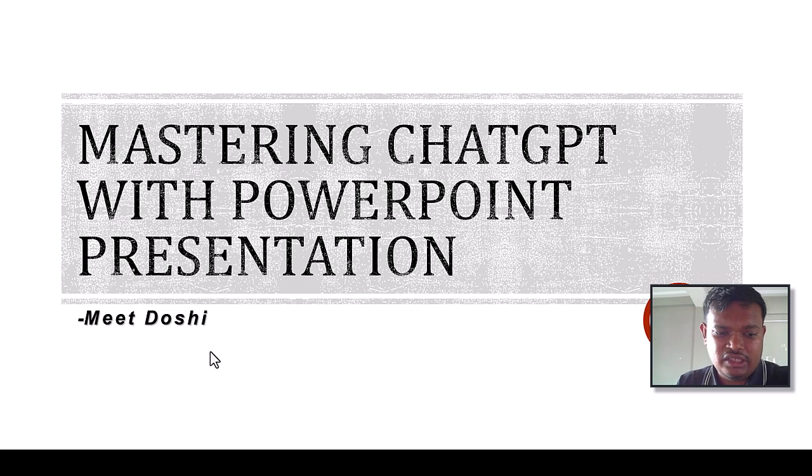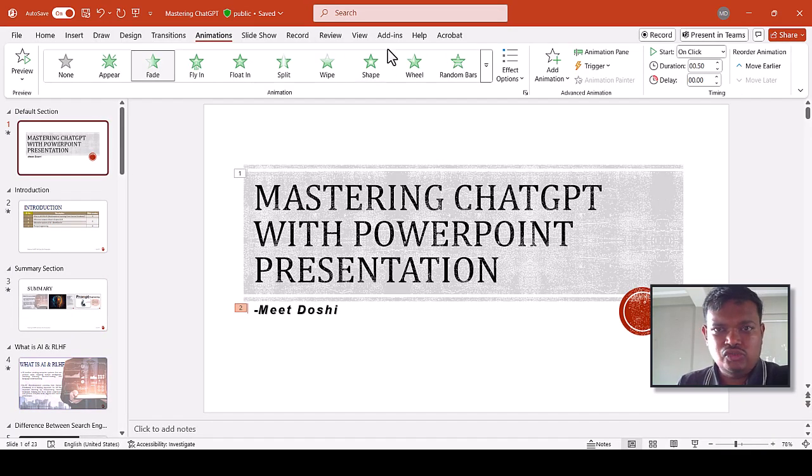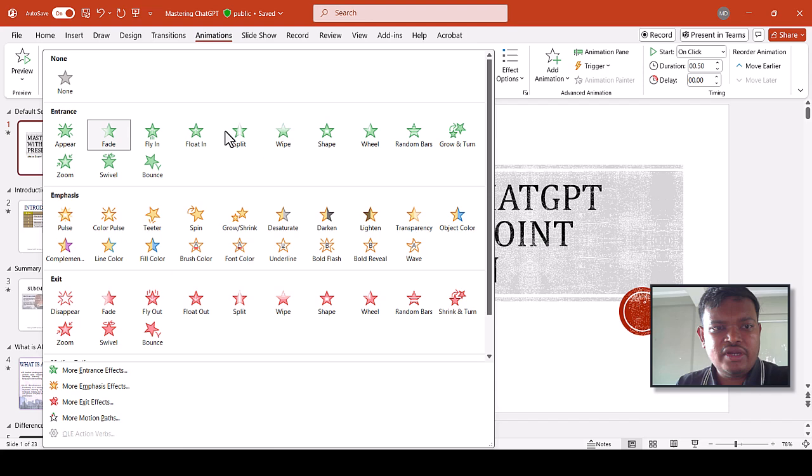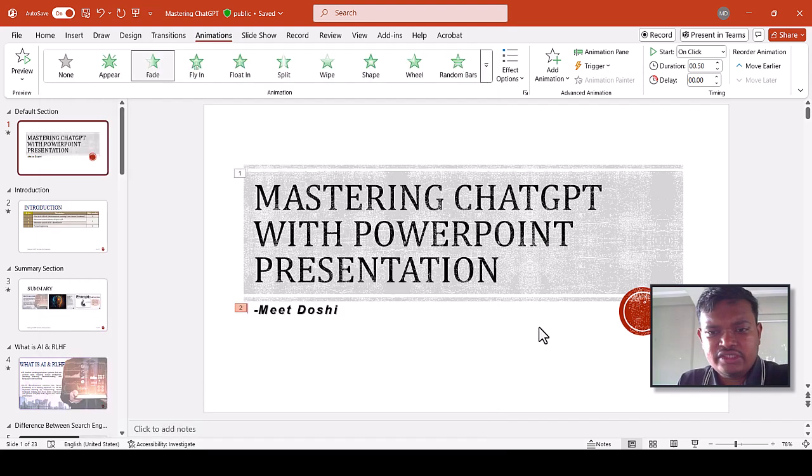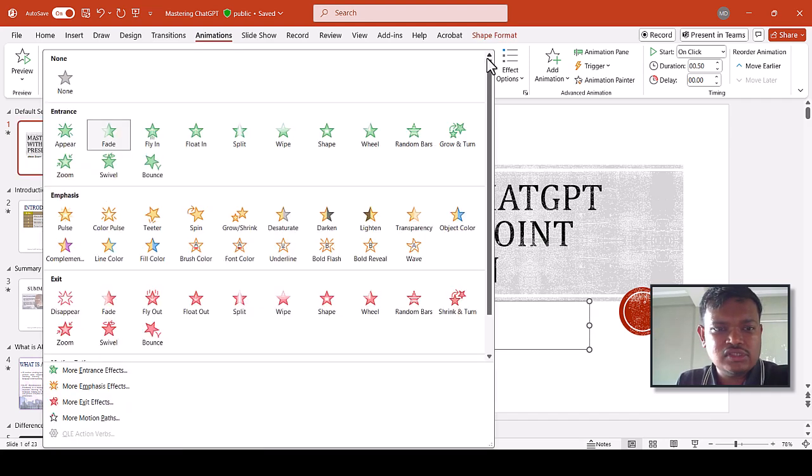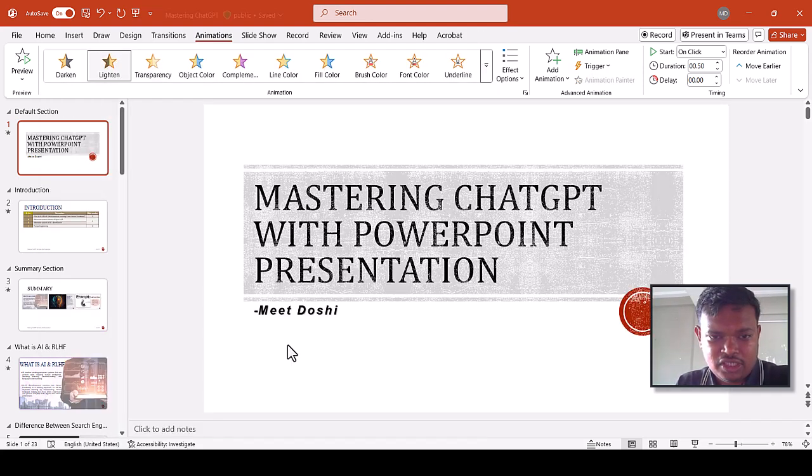Second click, yes it is visible. So likewise you can add on different available animations. Now instead let us check for some emphasize tab which is available over here, and here it will be, let's say, lighten. Okay, but I think it is a black color, it will not be visible, but let us check